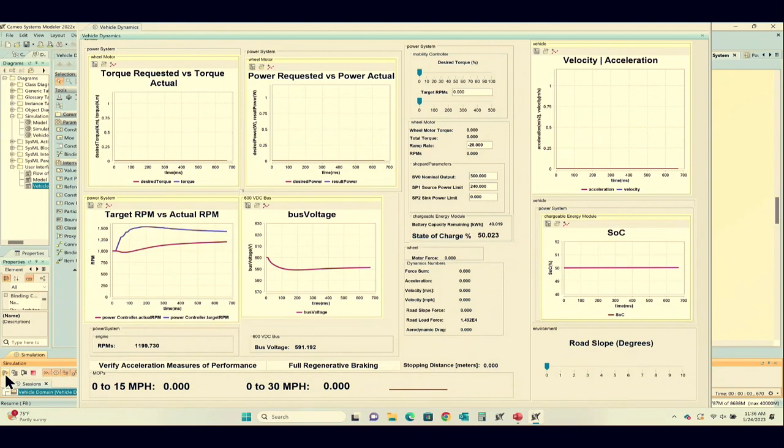And then the red line is the actual RPMs coming up to that slowly as the result of that PI control loop, saying, hey, we know what the target RPMs are immediately. We can calculate that. But we don't actually want it to come up to that immediately because that would maybe put too much strain on the engine. Or it could cause you to, in this case, foul glow plugs because they're not spark plugs in a diesel generator or diesel engine. They're glow plugs, so you wouldn't want to dump too much fuel into that engine too